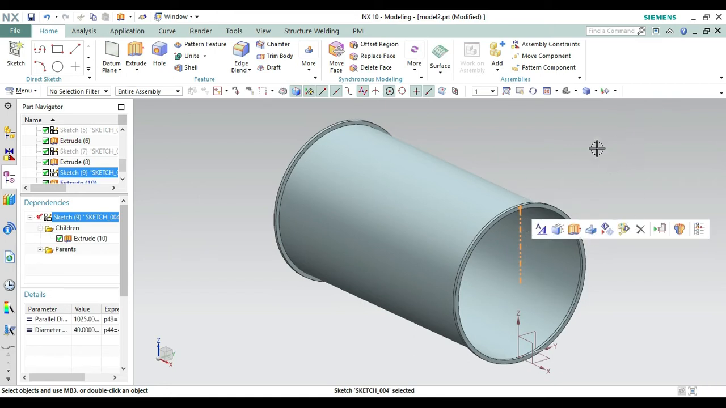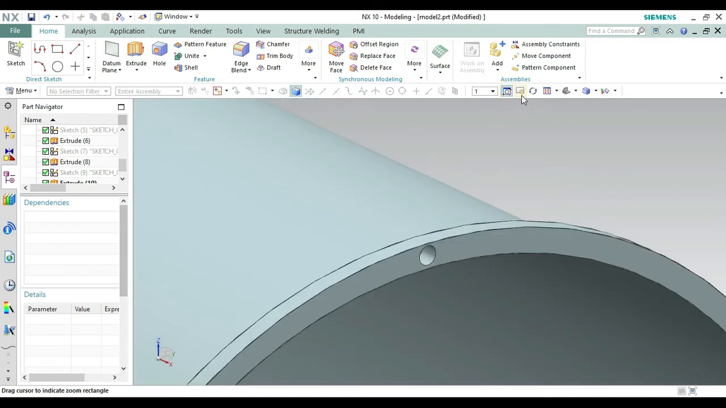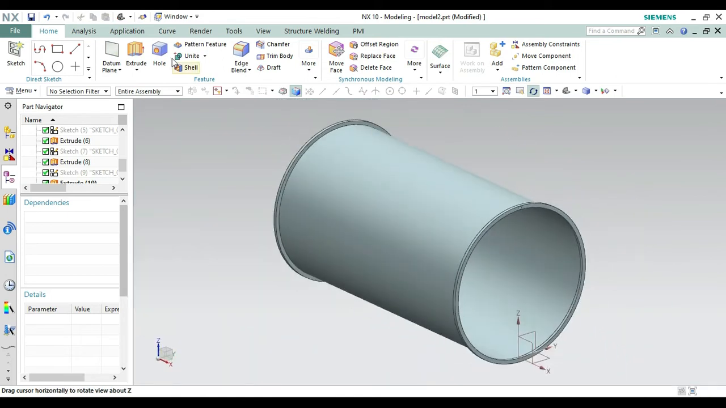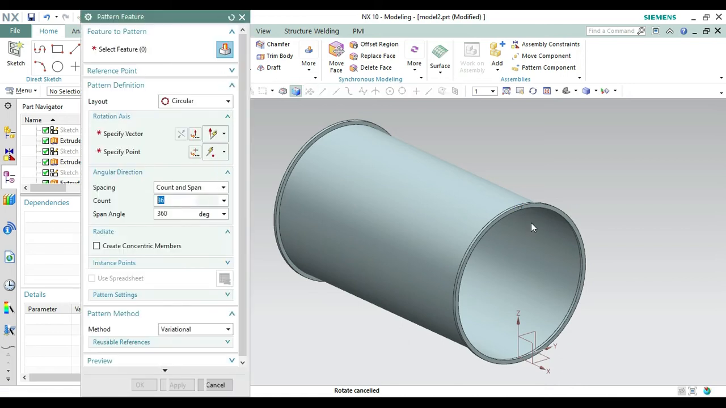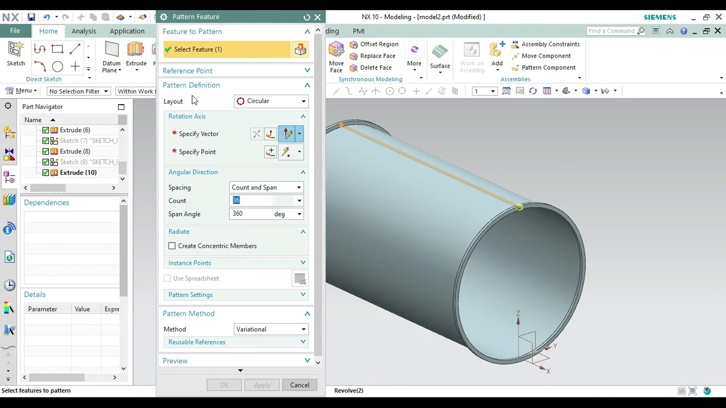Just a second, let's first make this height. Select this one and press Ctrl+B. So let's see. Okay, the circle has been created here. Okay, so now what we have to do, going to the pattern feature, we have to pattern this circle. So from here, selecting this feature from this box, Extrude 10, we have to select circular, specify